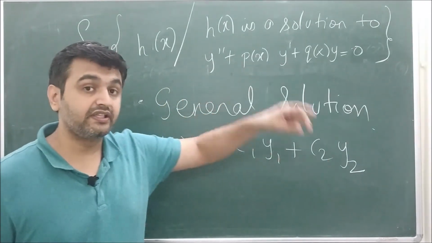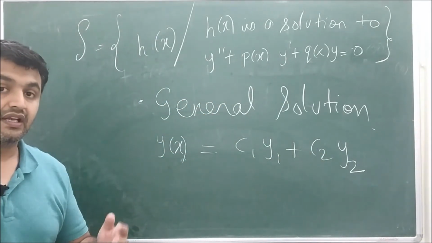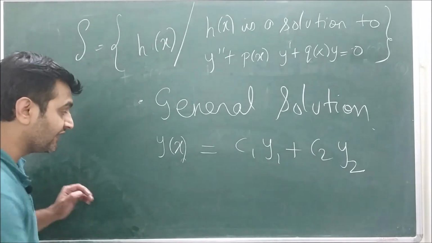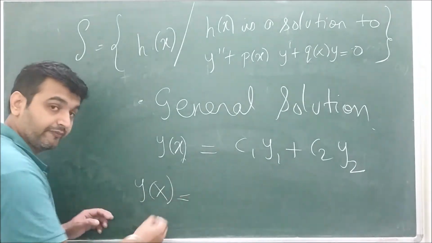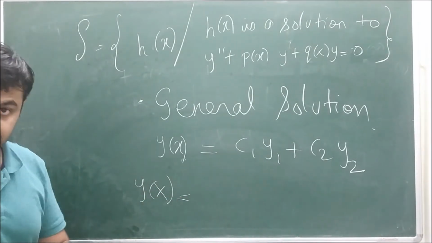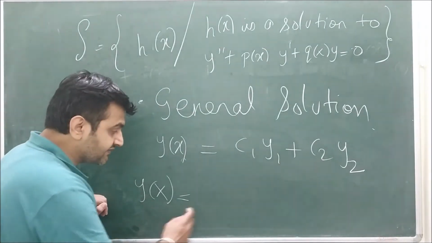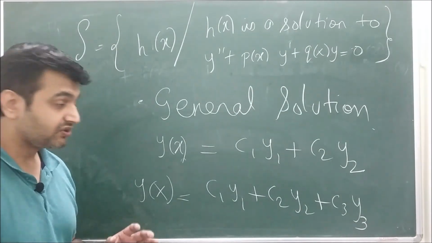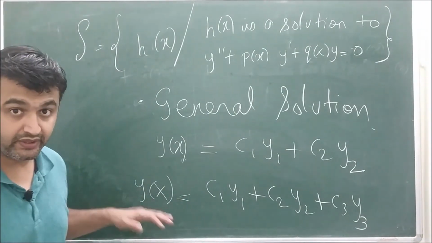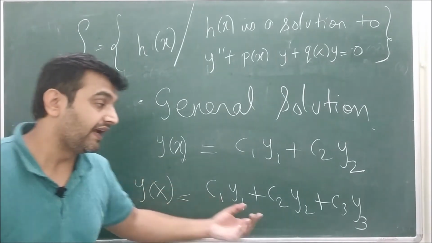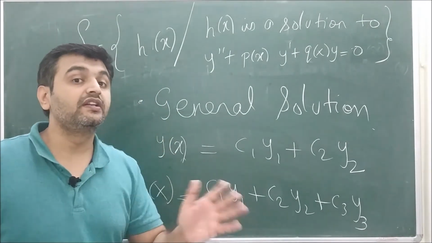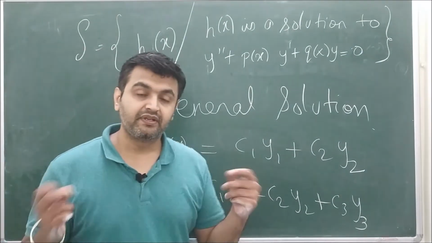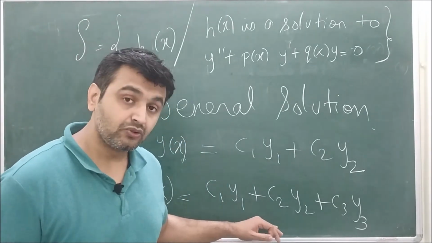Similarly, if you have a third order linear homogeneous differential equation, it will have three linearly independent functions in the basis set. And in that case, if y of x is any solution of that third order homogeneous linear differential equation, then it will look like c1 y1 plus c2 y2 plus c3 y3. So this is a very strong theorem of linear algebra which you can apply over here. It says that any solution has to be of this form. There won't be any extra solutions, so all will be general solutions. So this is how one can bring linear algebra into the picture and conclude very nice things.